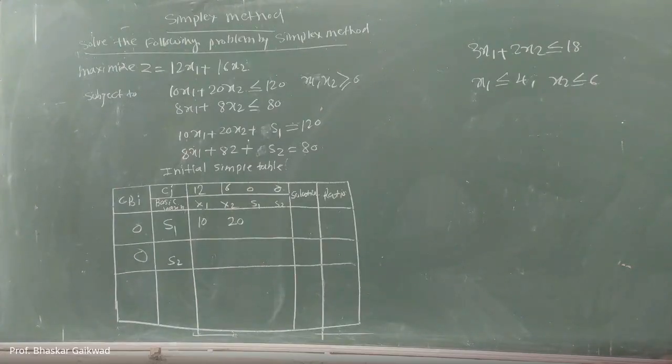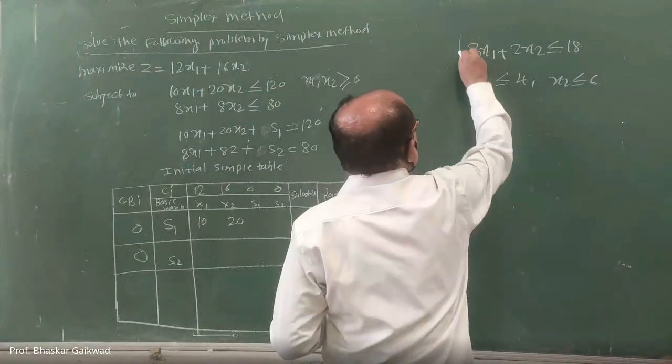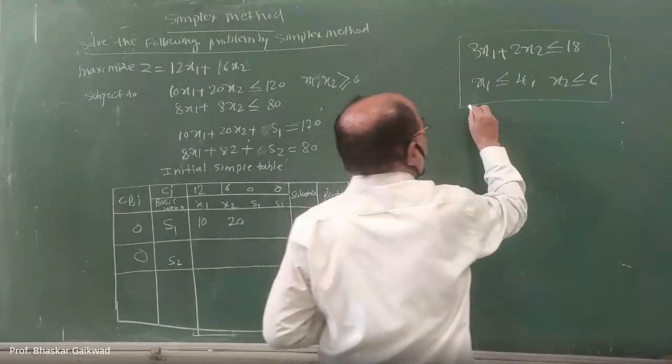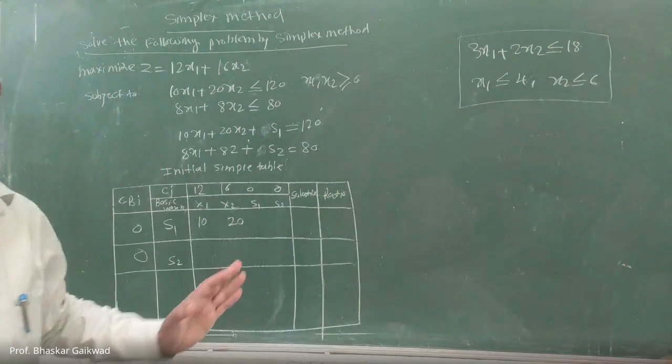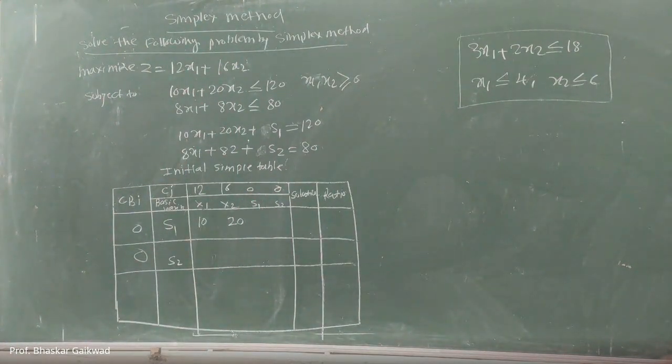Now we will solve these problems by graphical methods. So here profit maximization is given, and some constraints are given. We have to solve these problems by the graphical method. Okay, so this is the problem, solved by the graphical method. First we'll solve these problems by graphical methods and then we'll go to our previous problem as usual.